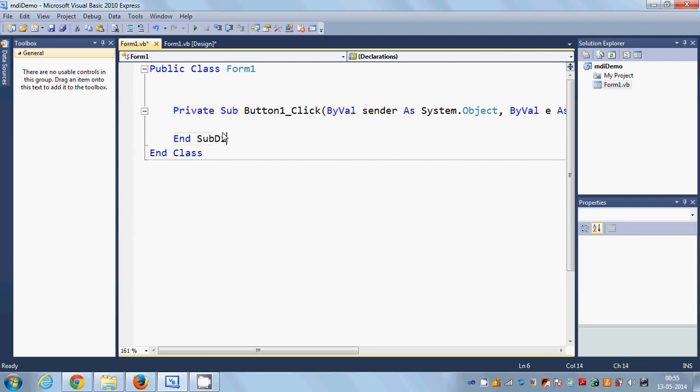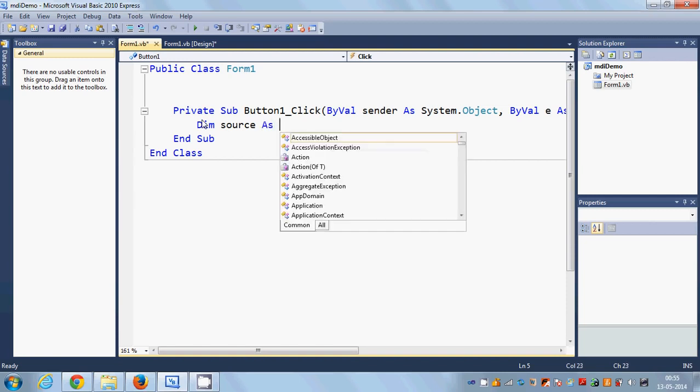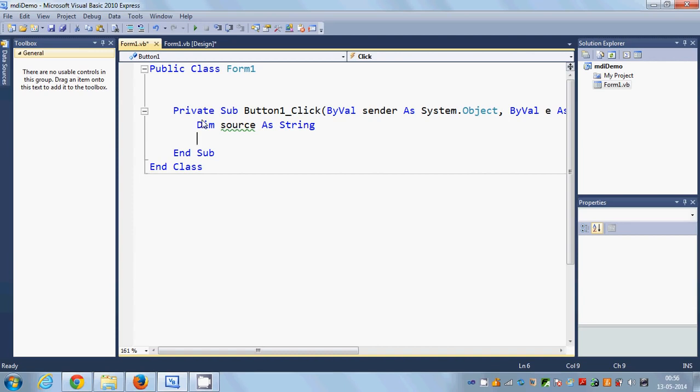So I will say dim, not here but above, yeah, dim source as string, and then I will take this source variable here and write is equal to new